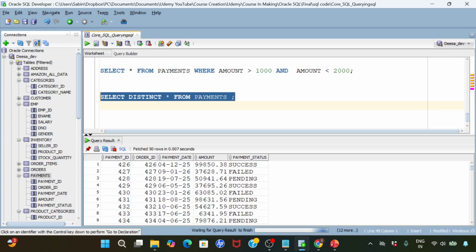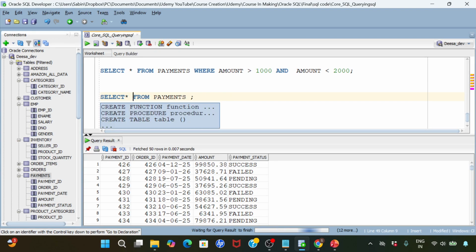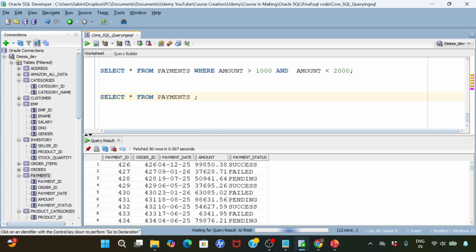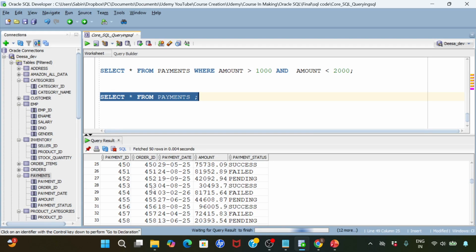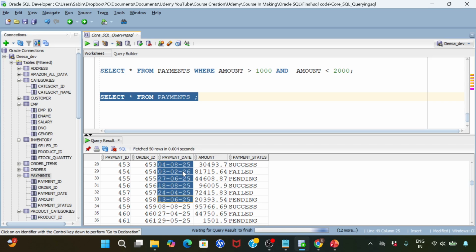So let me execute this again. I'll remove this distinct and simply say select star from payments. Okay, and I'm going to execute this. Now here, if you look at this payment date, they are not in order, like 2025 is here, 2026 here, 2025. So if you want to sort this, meaning I want the payment date to be in order,